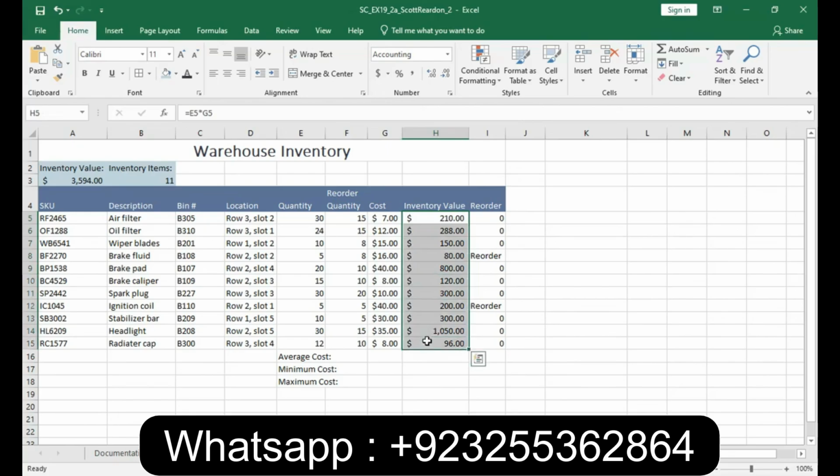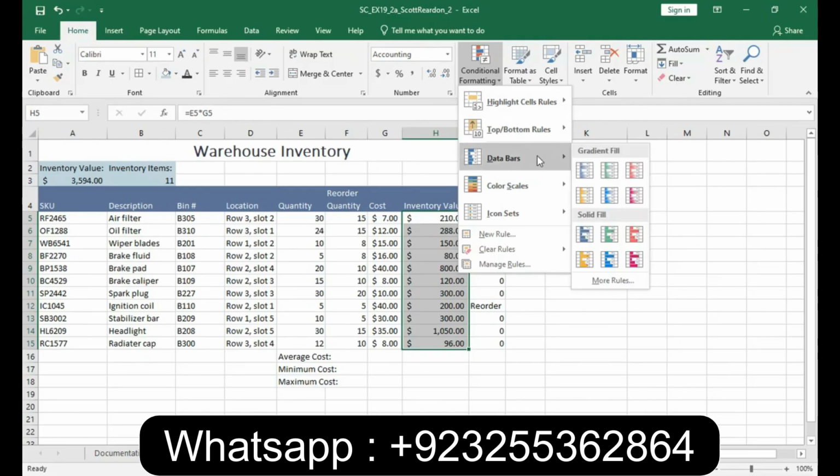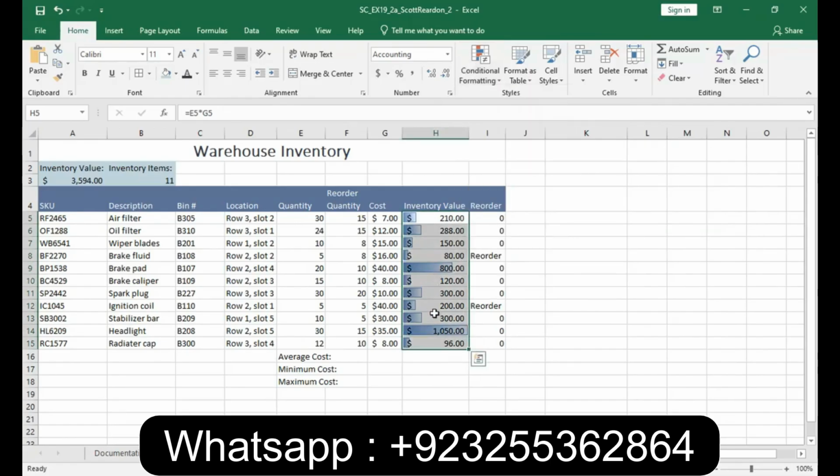This again is number 15 in your instructions. We're going to go up to conditional formatting and data bars. Data bars are like a poor man's quick graphic representation in a range of cells. So you're going to go to data bars. So we're going to use the gradient filled blue data bar, which is right here. Let's step back and look at what we've done here. The highest value